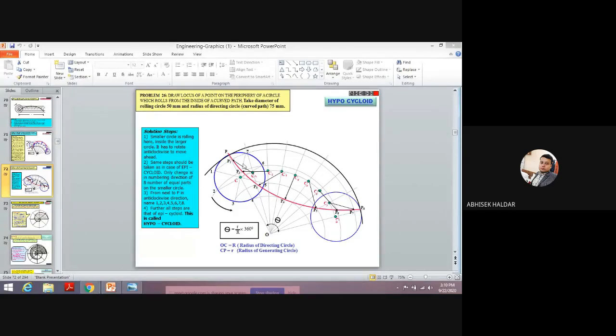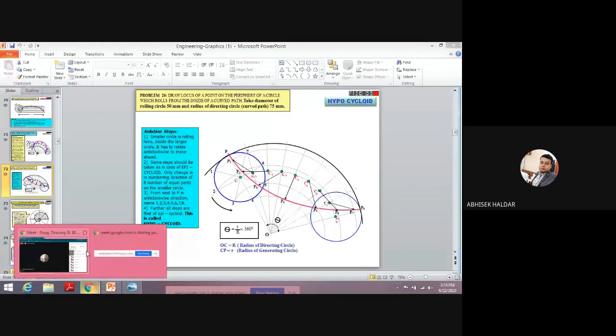I suggest that whatever problems we are discussing, you practice them in your sketchbook. Once you draw in the sketchbook, you can submit it by scanning. You just have to make a PDF and upload it in the Google Classroom. We will tell you in the next class how to submit. But my suggestion is to practice, because on the last day you cannot draw all the drawings. Diagonal scale we have discussed, cycloid we have discussed, epicycloid and hypocycloid also. So these 4 drawings, you practice. If you are facing any issue, feel free to ask in the next class.